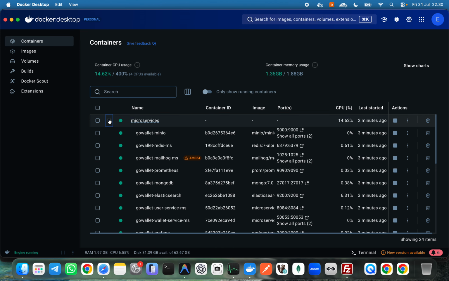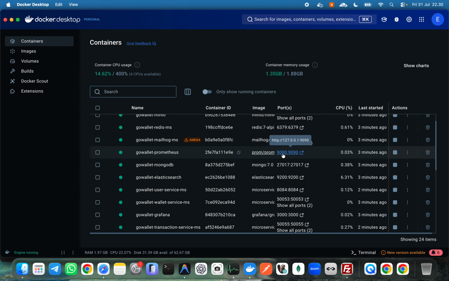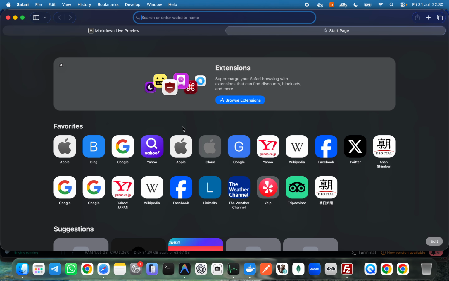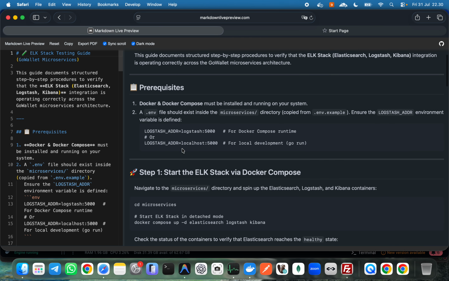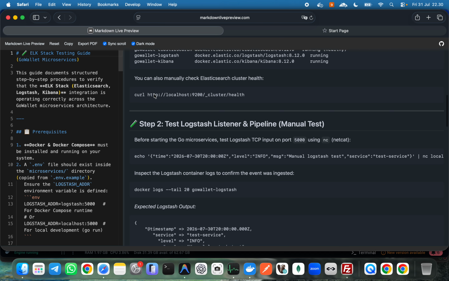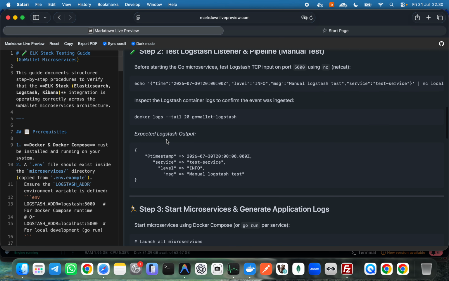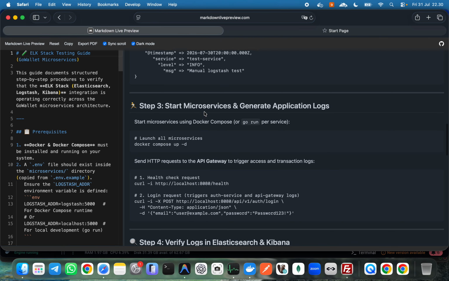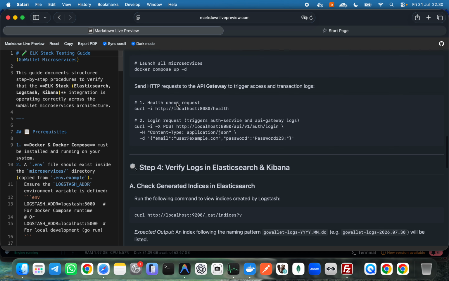So I think localhost, where is the localhost? Let me see here. Later we will need to check manually. Before starting the Go microservice, check the Logstash TCP input on the port. Yeah, maybe you can test manually, but now I just want to send the request here